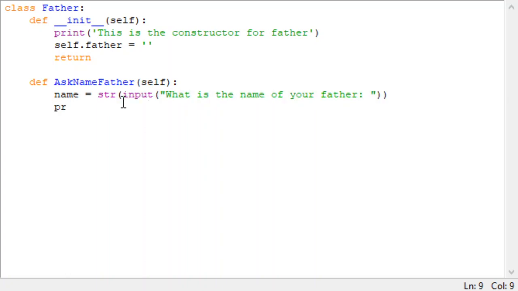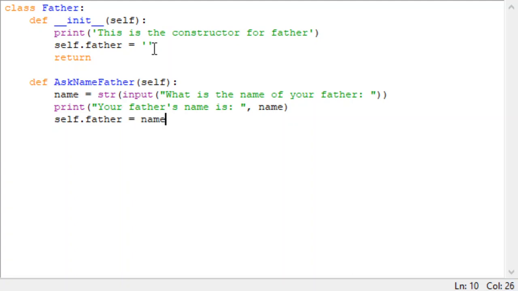All right, so print, your father's name is name. Okay, so the moment the father's name is declared, let's fill up this variable with the name